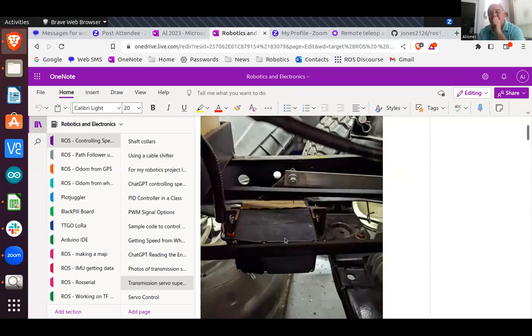This is a side view of a servo that's connected to the transmission, which sits back here. My hypothesis at the moment is that the servo has some sort of safety circuitry in it. If it uses more than 5 amps, it cuts out, which means the transmission will go back to neutral. And so I've taken this off. I've drilled another hole in this control arm to hopefully get the